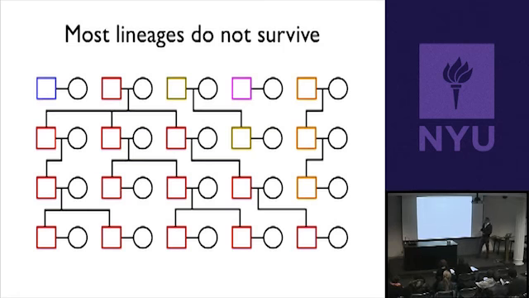So for example, if this was now, and our sample in a study had these 5 males, we could say that these 4 males are more closely related to each other than any of them is to this male. Okay? And the way we would know that is we would look at their Y chromosomes and we would see that they have slightly different DNA sequences. And we'll get to, in a little bit, specifically how you actually do that, how you can build an evolutionary tree just by looking at DNA sequences. Okay? Any questions about that? All right.